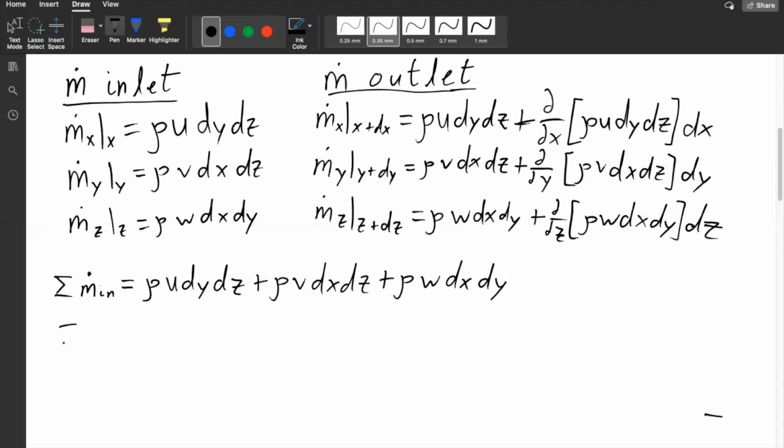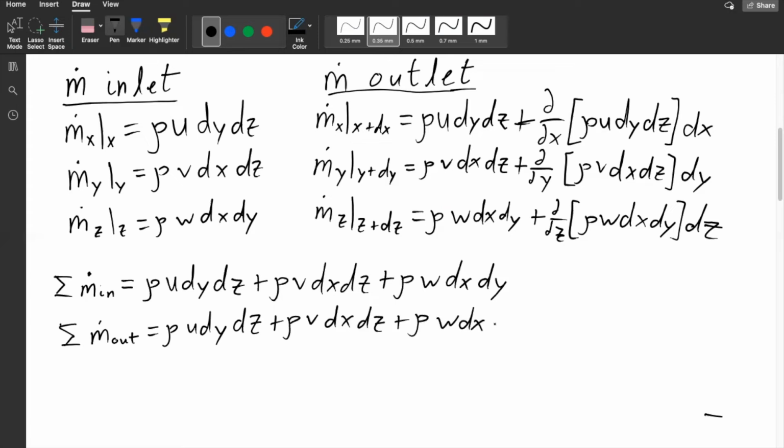And the sum of our mass flow rates going out of our control volume is rho u dy dz plus rho v dx dz plus rho w dx dy